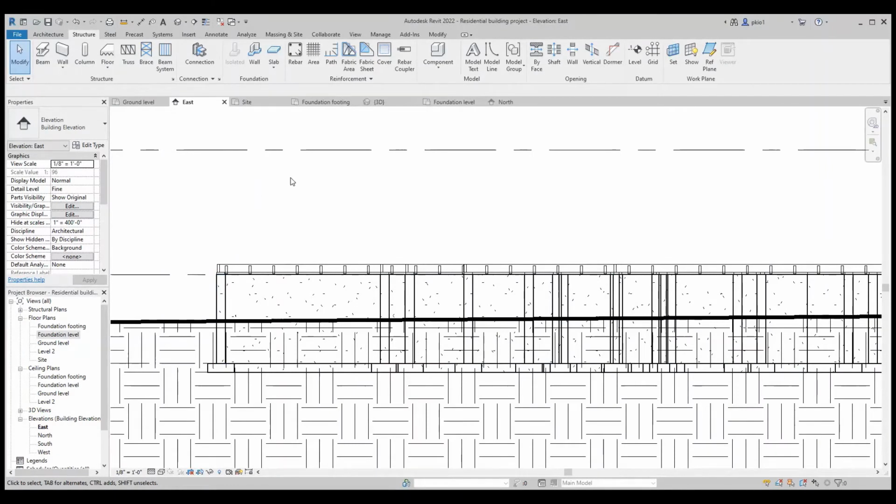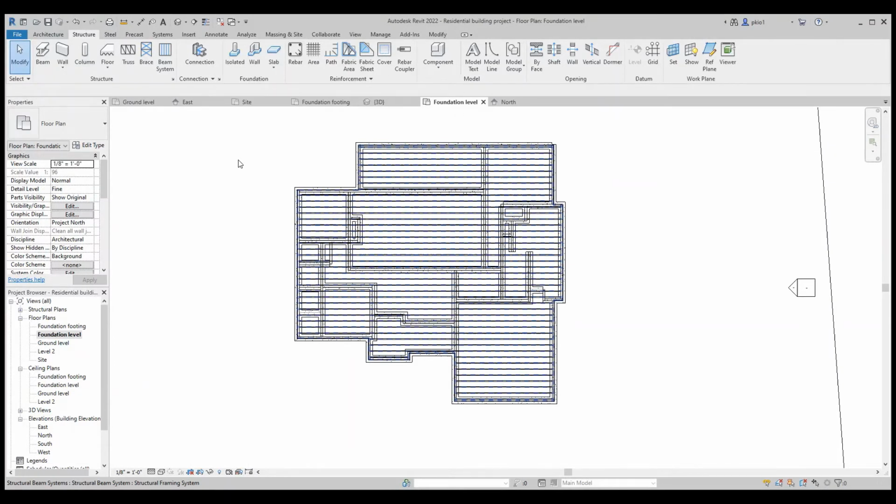In order to do the floor, we go to architecture. Let's go to the foundation level. Before we do the floor, the next thing we'll do is the floor.